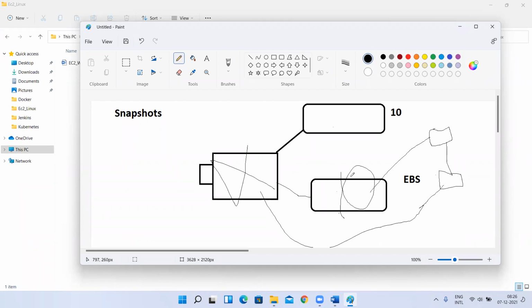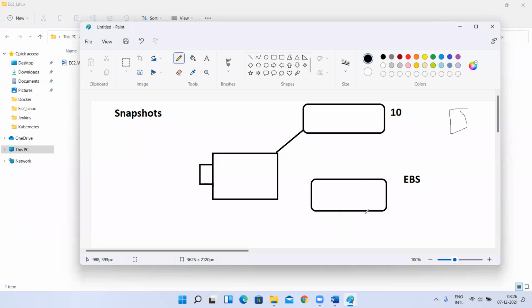So when you have a snapshot, using the snapshot you can create a volume again. For example, I have a snapshot, and using it I created a volume. I converted this volume to a snapshot and terminated the volume. Next time, whenever I want, using the snapshot we can create volumes. Once you create a volume, it's common: attach it, mount it. Yes or no?